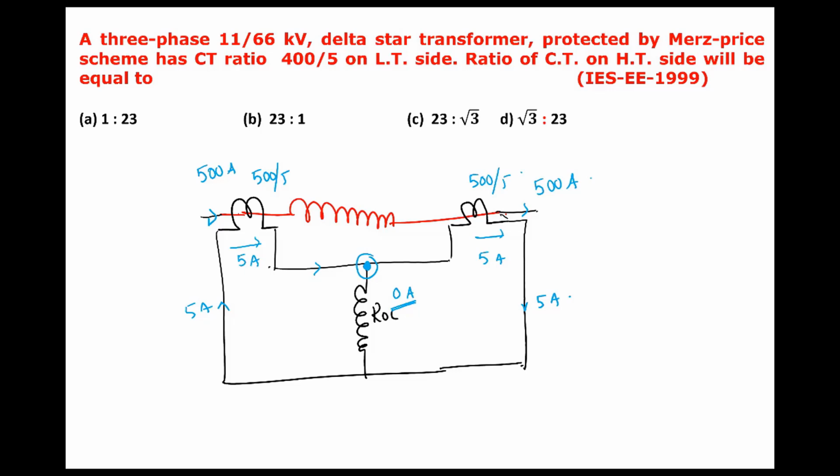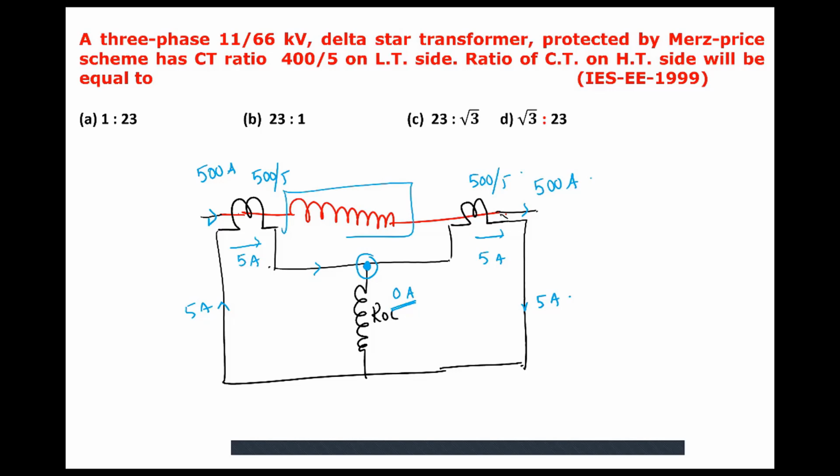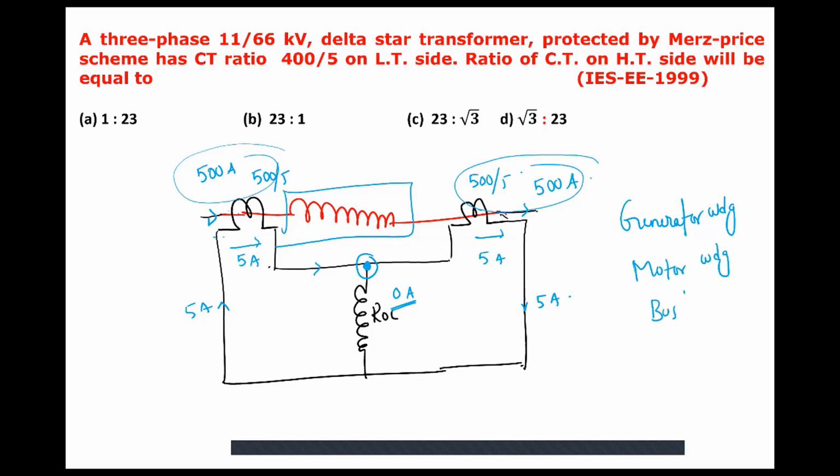When the element is simple and straightforward, like a motor winding, generator winding, or bus bar, the scheme is very simple, because the same magnitude and same phase current will flow through the two ends of the element. Here the element can be a generator winding, motor winding, or a bus bar, where the CT ratios are the same. When the system is healthy, the same currents will flow through either end of the element. But when I use the same scheme for a transformer, there is some difficulty.